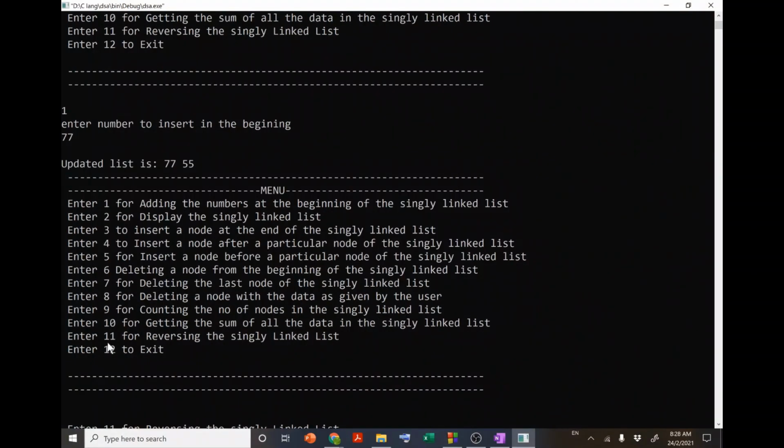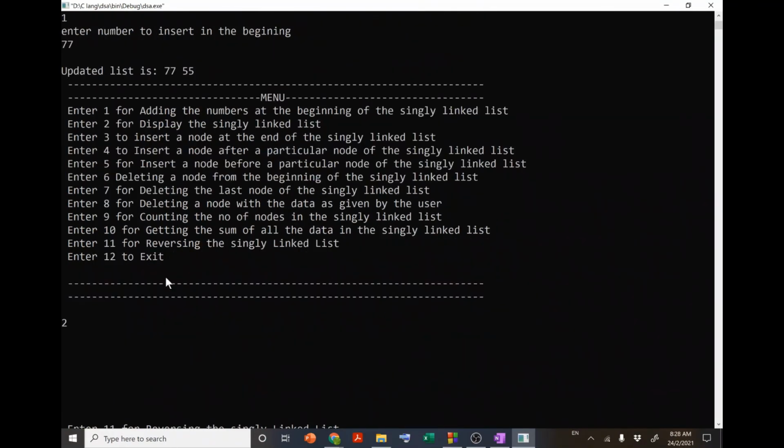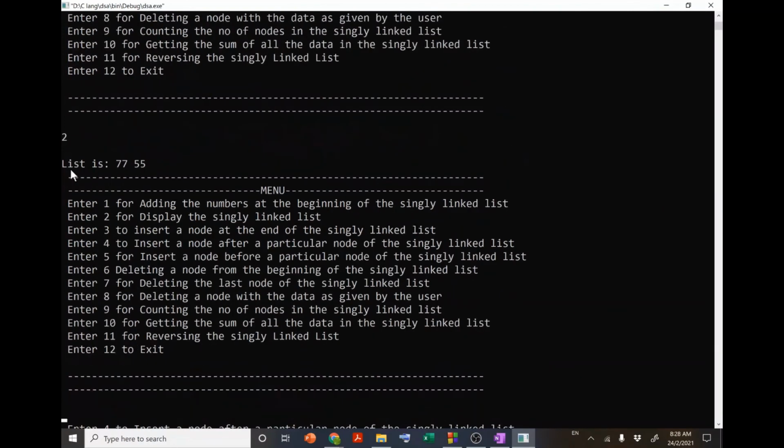Now suppose I want to display the list again, so I enter 2, and now you can see it is displaying the list 7755, right? So it means that we are able to perform these two operations: to insert a node at the beginning of the single linked list and to display the data of the single linked list.